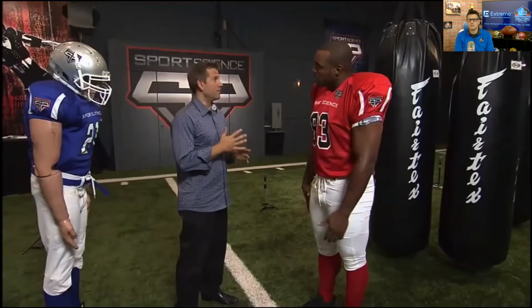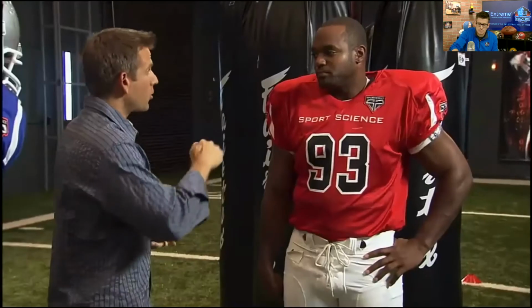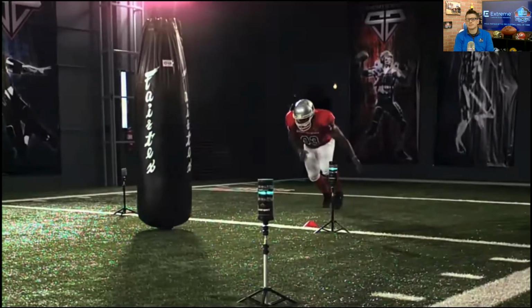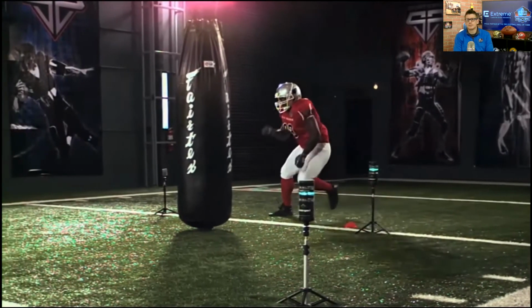Now, one of the moves that you're best known for is the spin move. Yep. How have you perfected that? I just keep on doing it. I mean, I basically wake out of the bed spinning into the bathroom. It is what it is. It's just kind of something I've always done. We want to measure how quickly you can spin. Let's go. You ready to do this? Absolutely. Let's do it. Here's a breakdown of a Dwight Freeney spin move.